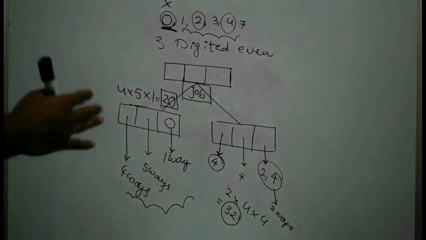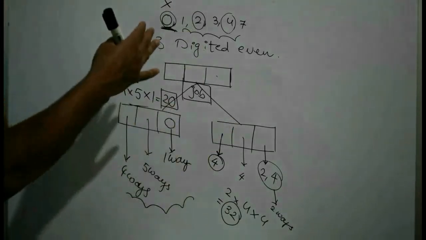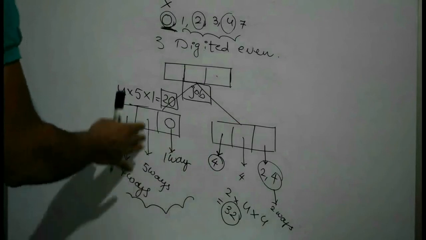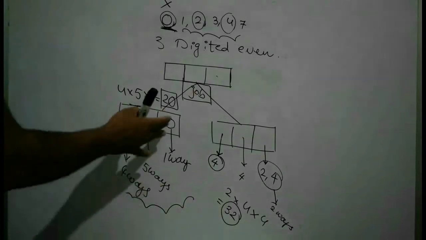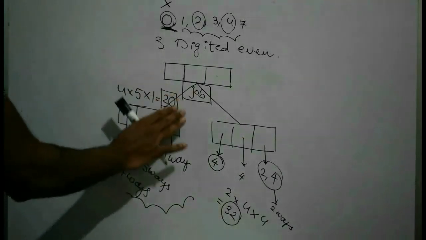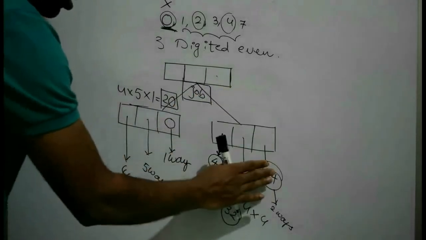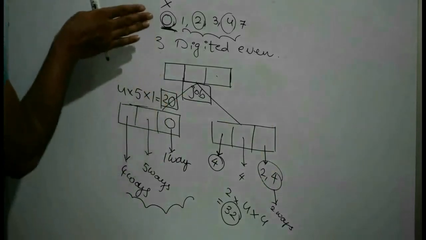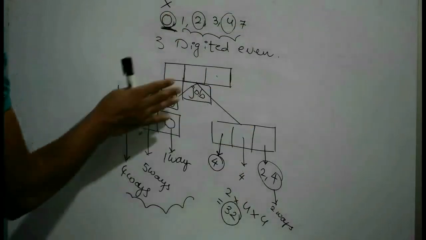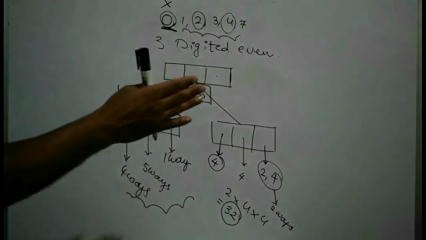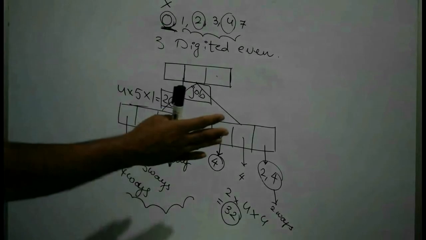So, here whenever a job is finished in different cases, entirely different cases, you have to add. It's not like this should be finished and that should be finished, then the main job is finished. Wrong, because whenever there is 0 in the units place, forming the 3-digit number is completed. Here also, in the units place 2 or 4, forming the 3-digit number is completed. So, the entire work is finished here, and here also the entire work is finished. The entire work is finished in 2 different situations, and there is nothing common in these two. They are totally different. So, therefore,